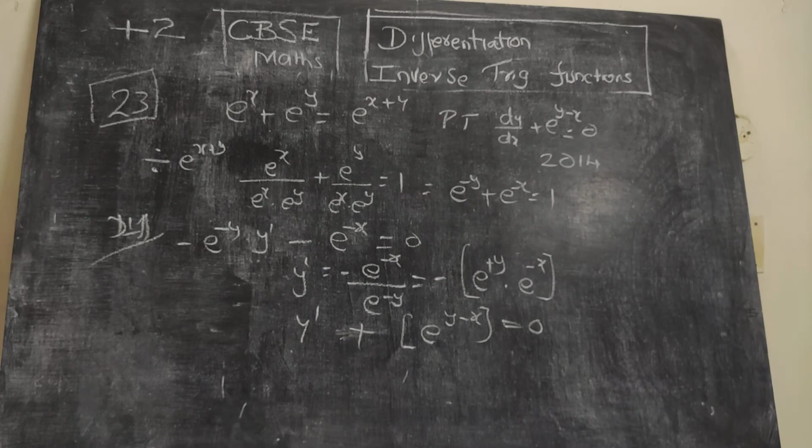So we have discussed today questions up to question number 40. Again I am telling that we had shown in the earlier videos how to differentiate using chain rule, how to differentiate implicit functions and inverse trigonometric functions. I hope that I have made it clear and made it easy also how to differentiate it.